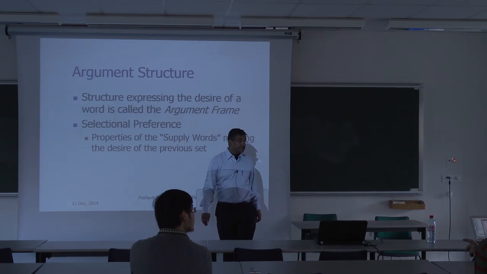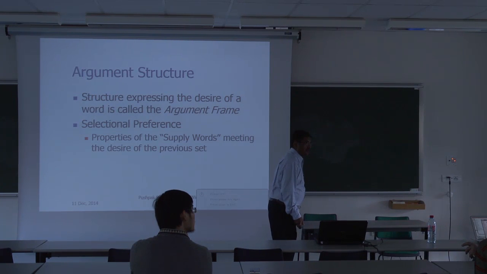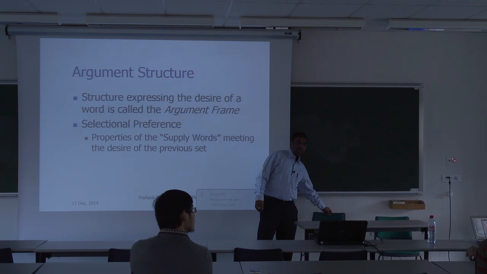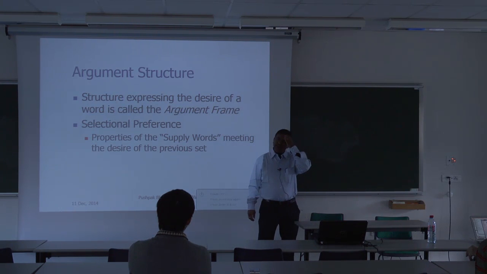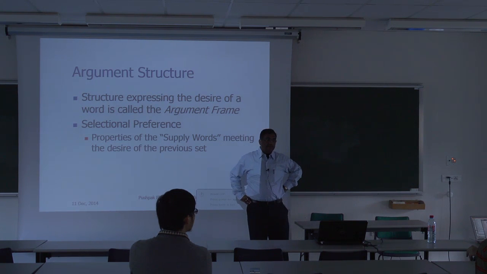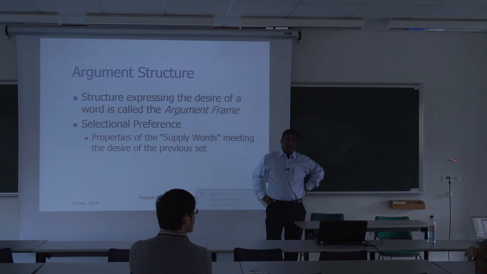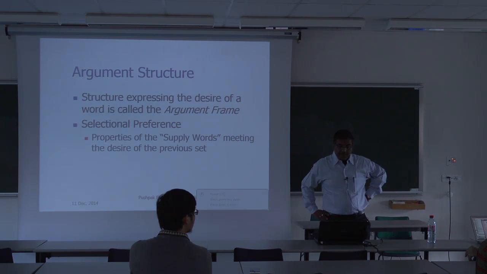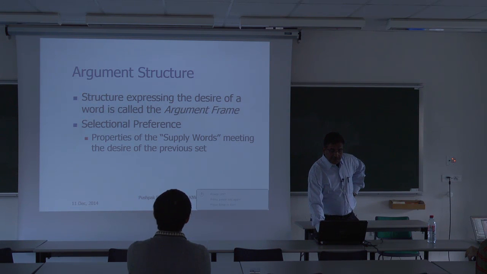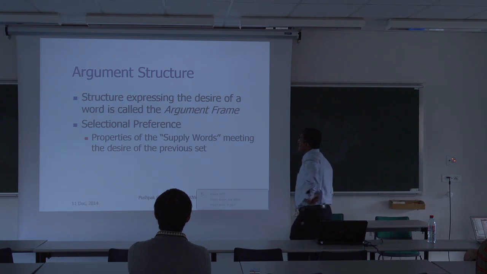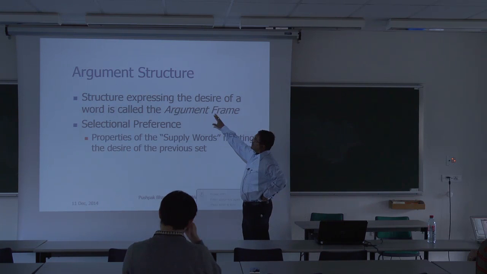There are 0 place predicates, like weather predicates. It rains. That's a 0 place predicate. They can be replaced by nouns, like today, heavy wind. It's a 0 place predicate. If there will be some wind, it will be windy. Okay. So the argument structure is the structure expressing the desire of a word, and this structure is called